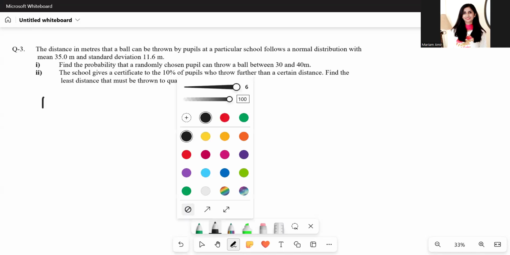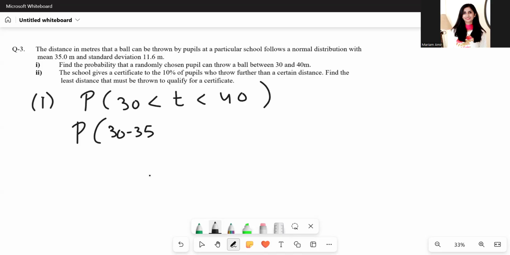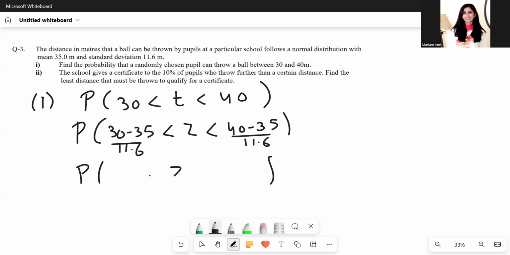Okay, so in part 1, we have to find the probability that a randomly chosen pupil can throw a ball between 30 to 40. T is for throw. Now we'll have to standardize this: subtract the mean from both of these and divide by the standard deviation. Now the T will become Z, 40 minus 35 upon 11.6. Simplify this and we get